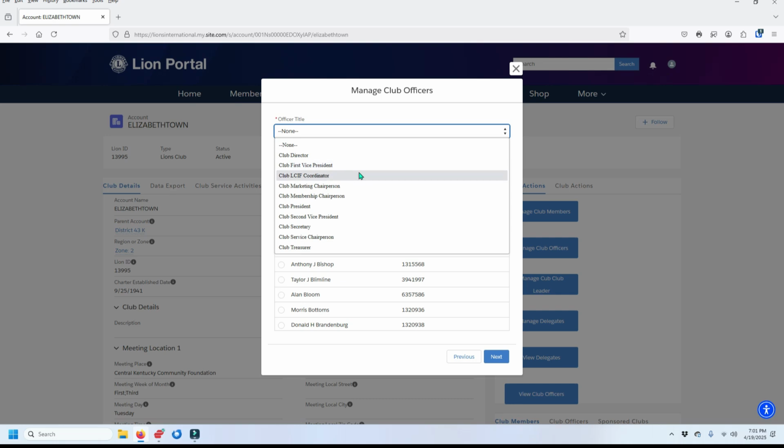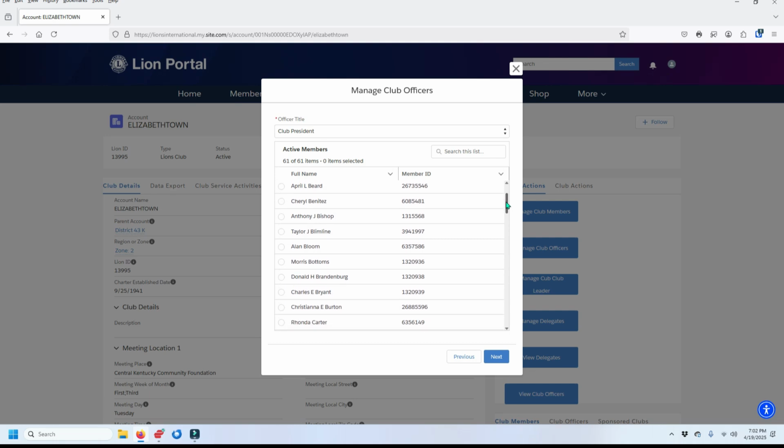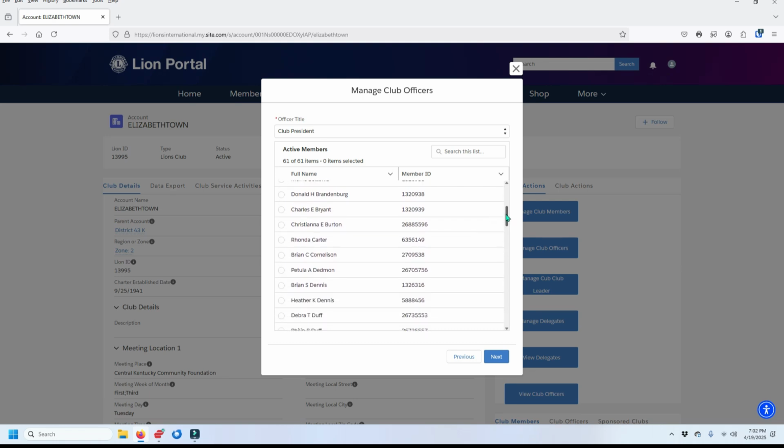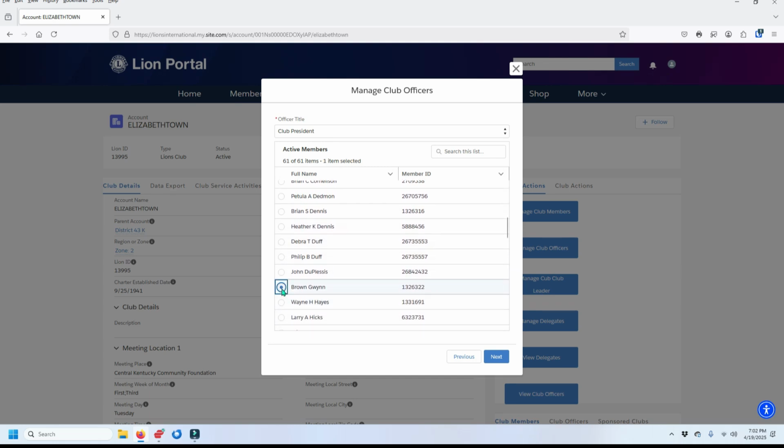So as you see, I've got my club president. We've already done that one, and I believe I've done the first vice president, and we've done the second. I'm going to be bouncing back and forth looking at my list. But right now we're going to look at club president, and from club president I can bring it down to who it is that we're looking to name as our club president. So I click on his name, click next,